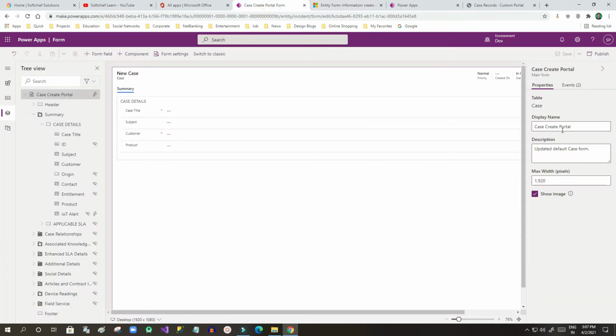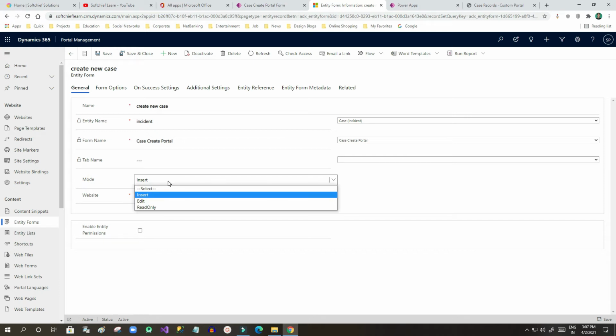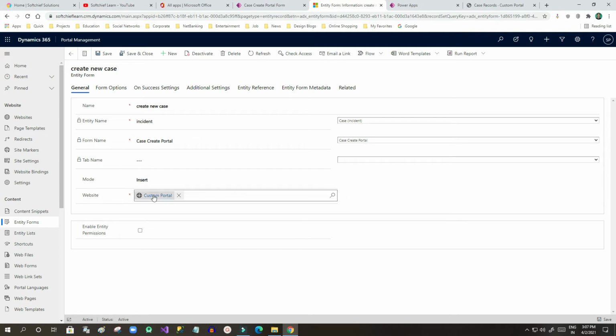Important is selecting the correct mode. In mode I have selected insert. Last time you saw I selected read only, but this time I will select insert, select the website as your portal name, then save it.